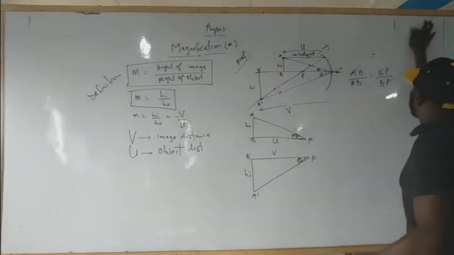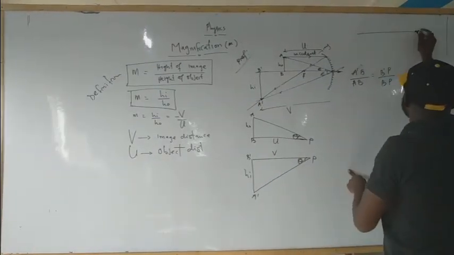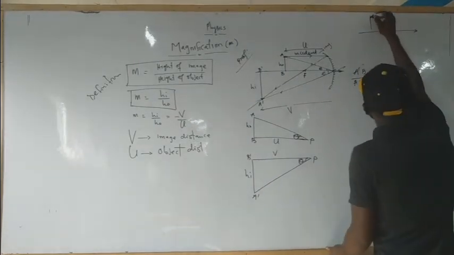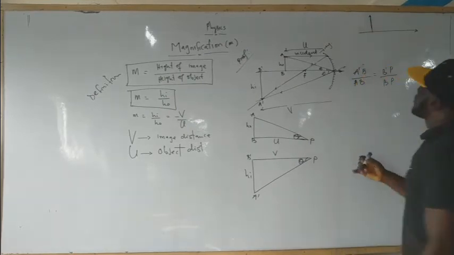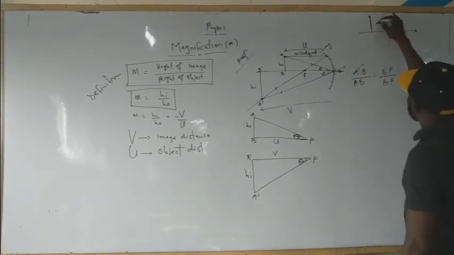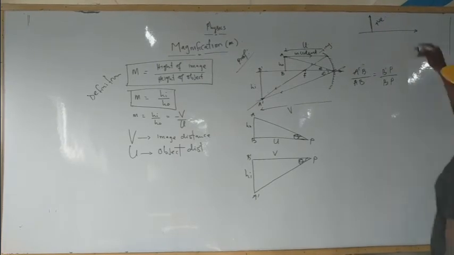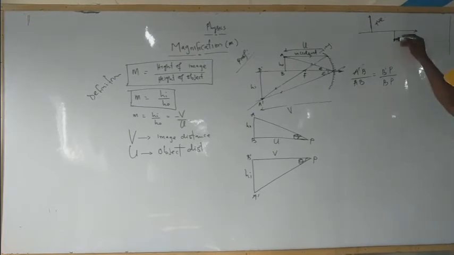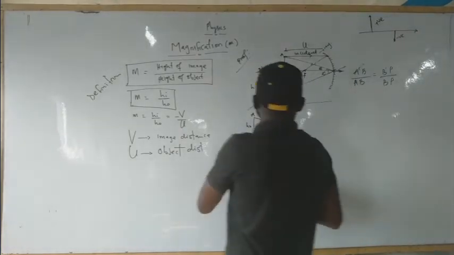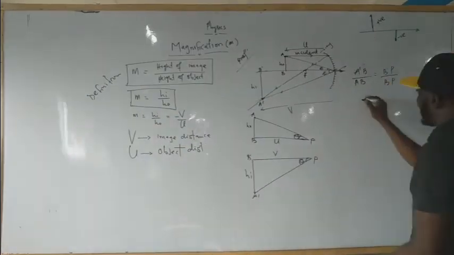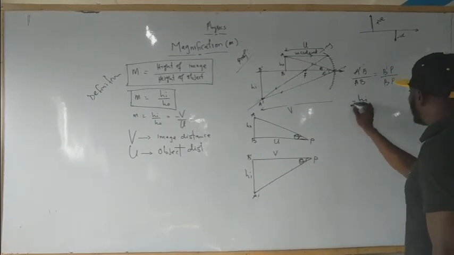Now, normally also, look at this: if this is the principal axis, an upright image is always positive. Erect images are always positive, while an image facing downward is always negative. So from here now you can see the direction. This is facing up, this is facing down. So that will be minus HI over